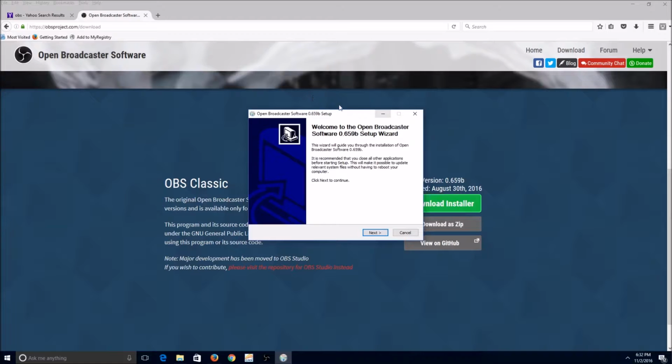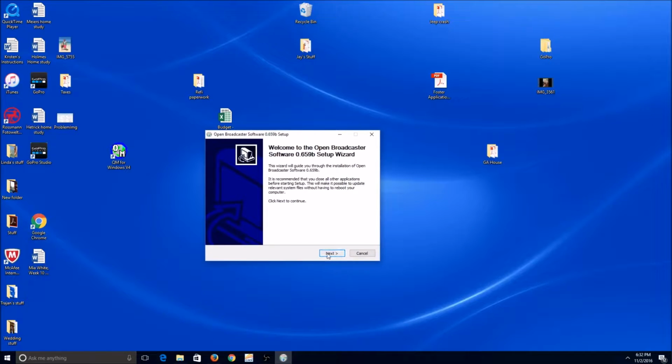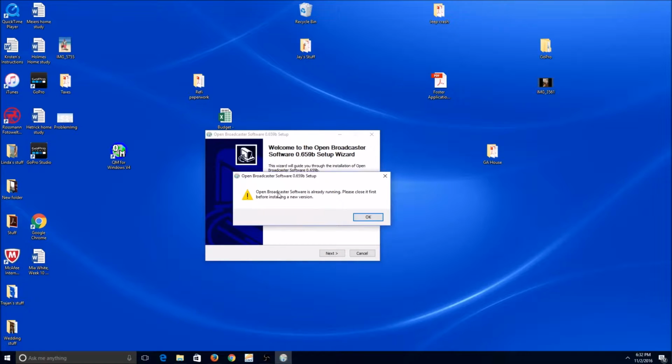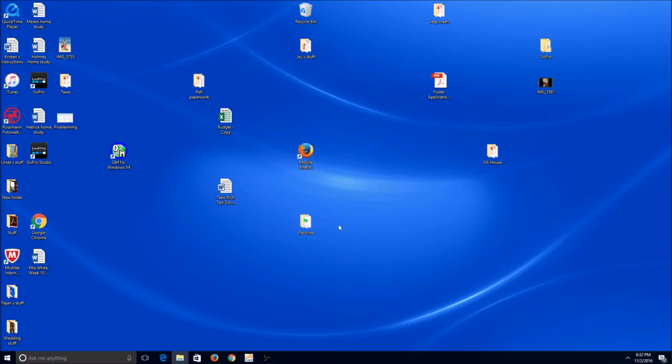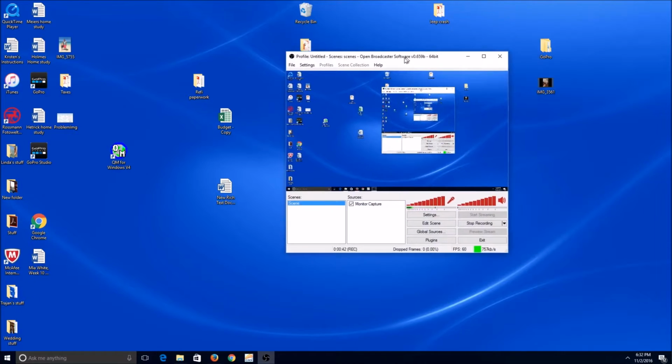This wizard comes up, and you just want to press next. But I already installed it, so I'm going to get a warning saying Open Broadcaster Software is already running. You just want to keep on pressing next until you get to install. And once it's installed, when you click on it,